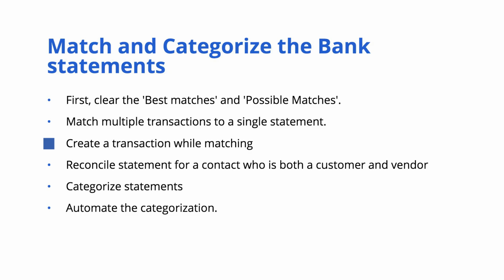You might also come across a situation wherein you might find a difference between the bank statement and the transaction created in Zoho Books. This difference might be due to the bank or the payment gateway charges. So, in addition to matching, you can also include a transaction for the difference amount and match them against the feed. Say you have an invoice for INR 600. The customer has paid the entire amount, but the bank has charged 100 rupees for processing this money transfer and only 500 rupees has been remitted in your account.